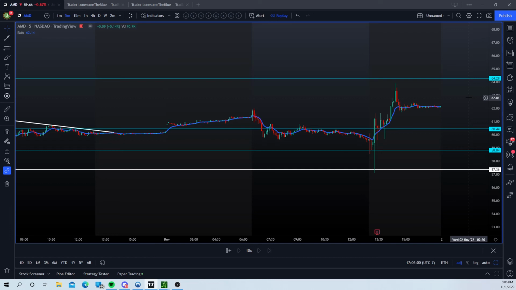Alright, you guys, hopefully this helps. I will make another video on how to do levels. I've done this so many times. There's videos on my YouTube also on how to do the levels, but I'm just showing you how to use your portfolio. You got to use your portfolio and start off with low contracts and play the chart.